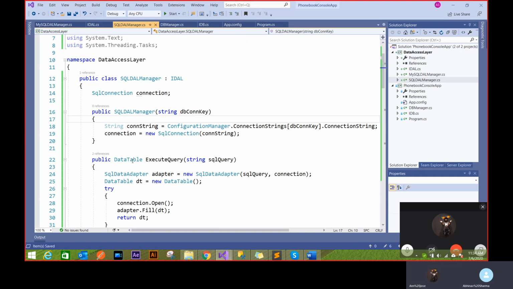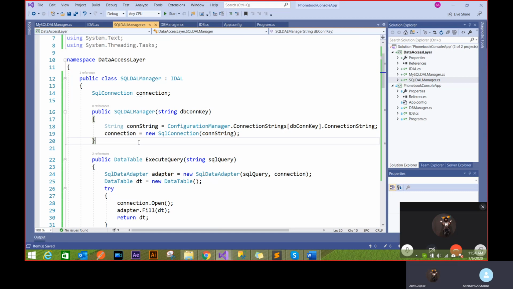If I make these functions static, then somebody from outside can directly call this execute query, and the connection won't be initialized, and then this command line will break. I want to have this line initialized when somebody gets an object. So the constructor gives you a very tight constraint that if you want to create my object, you need to initialize my constructor and you need to pass a connection key, which is very important.